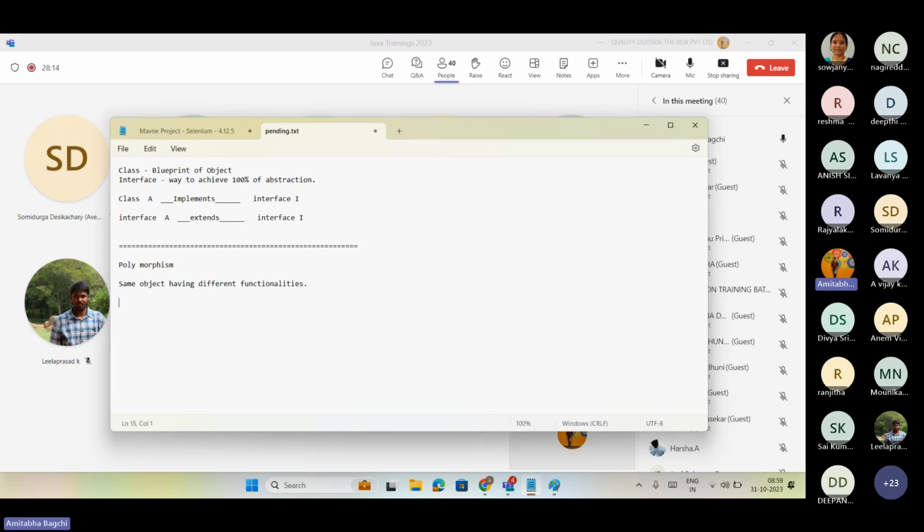Now the main thing is polymorphism is an OOPS pillar itself. It's heavily used anywhere in a framework, in Selenium. Whenever you are going into any tools or library, it's heavily used. So how does it work basically? First you have to understand that